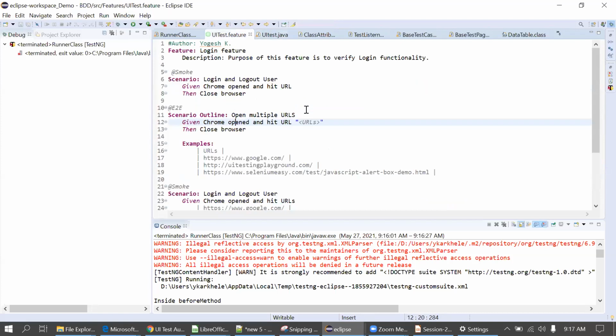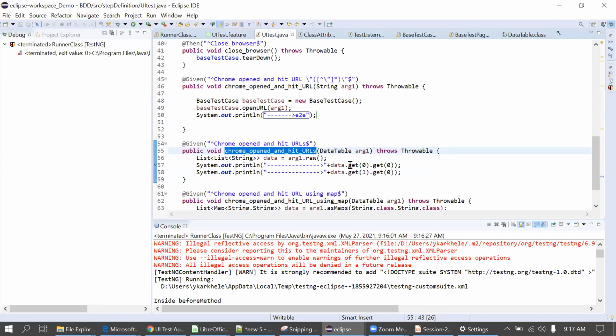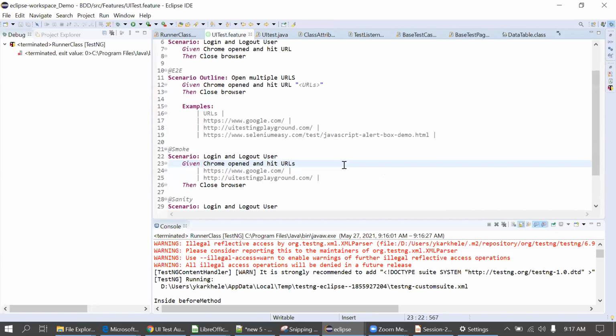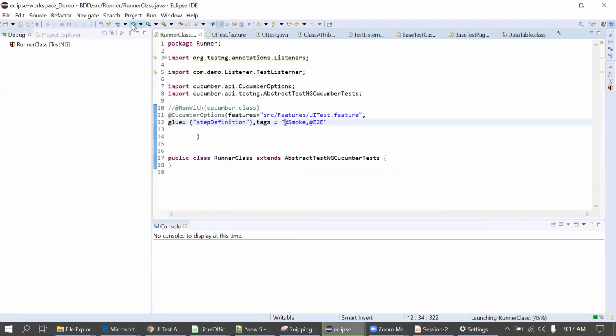This is E2E. Then the smoke one. I know we are printing these two URLs here in the console, that's fine. Now executing the runner file.